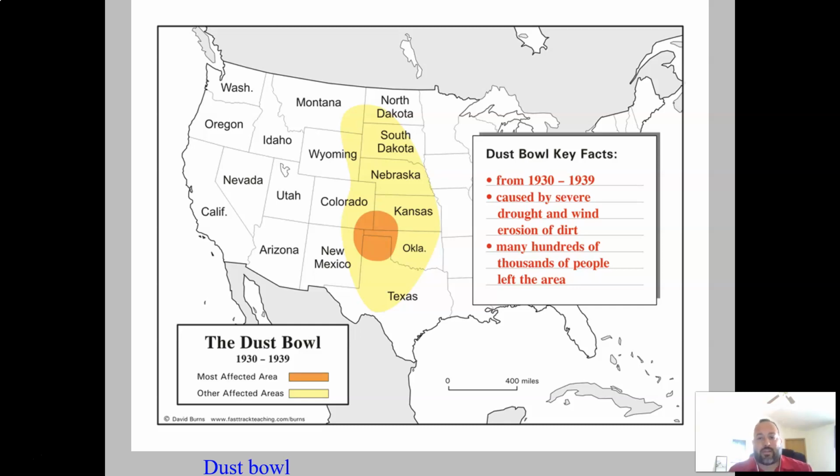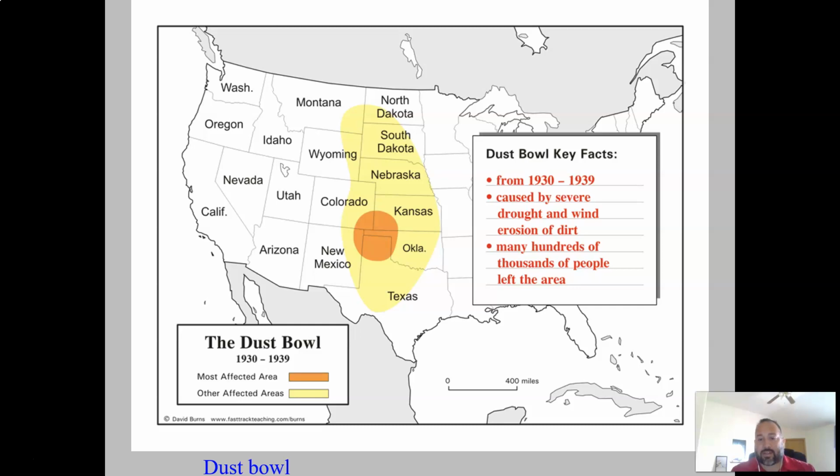What they're not used to is the idea that they had severe drought for a period before this. So with the high wind, the severe drought, and then not having efficient farming practices and not knowing enough about the soil and how to keep the soil healthy, that combination of those three things led to